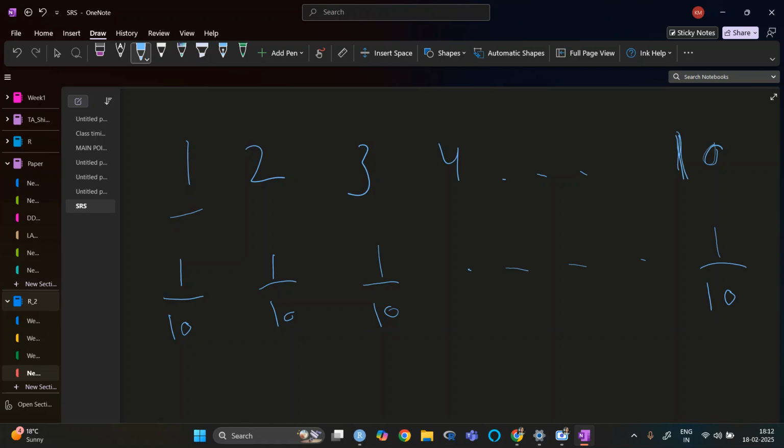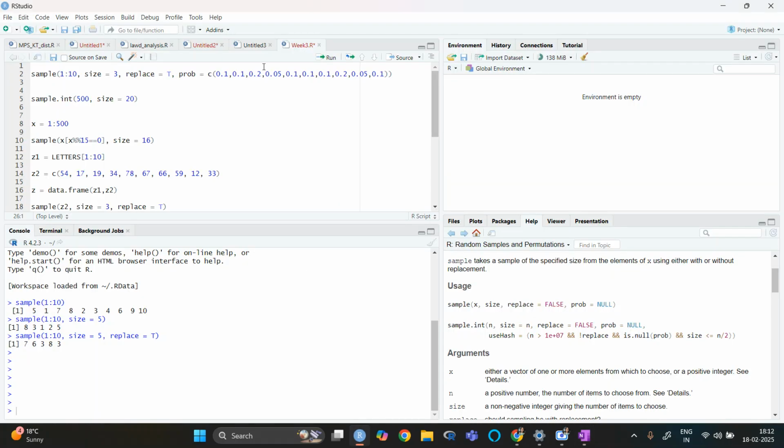But if I say that there is some value which has higher probability to come, and then also I want you to take it random. So I'm saying that it has probability 1 by 10, but for this it has probability 1 by 5. So here I have given that for the first one the probability is 0.1, for the second one, but for the third one I'm saying that probability is 0.2. Okay, so if I will run this,